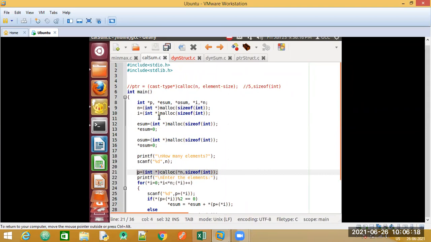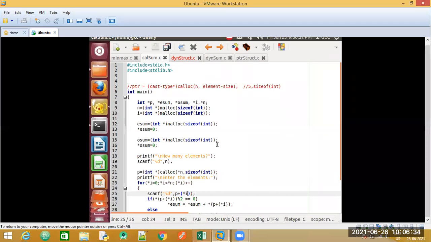When we make use of pointers, in the loops or even in the printf statements, we directly cannot just say I now, because all of them are pointer variables. So you just precede them with an asterisk operator and put it in the brackets. So this is to calculate the sum of even digits and to calculate the sum of odd digits.